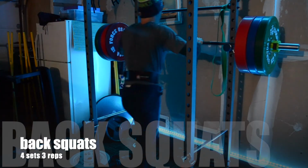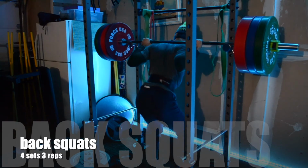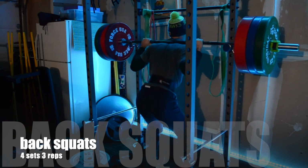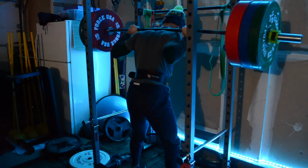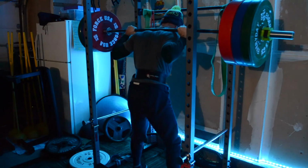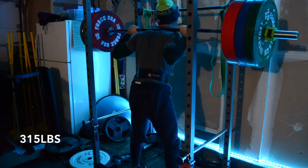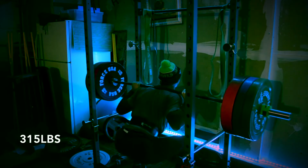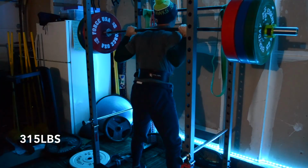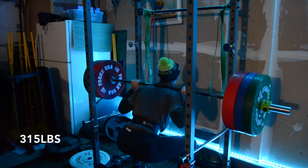Alright, moving on. After my back offs with the power cleans, I did back squats. So I worked up to a new 1 rep max, and then I did back offs with 315 for 3. And I really like this movement for beginners, intermediates, even advanced at some levels, because most people still need to build a little bit of hypertrophy before you can do really specific training like the quarter squat and all that,